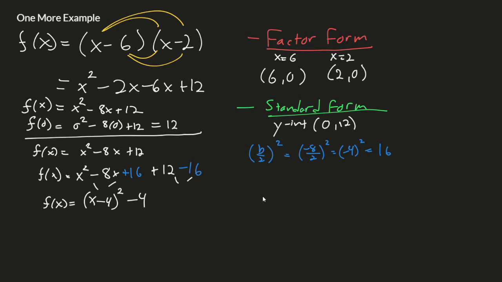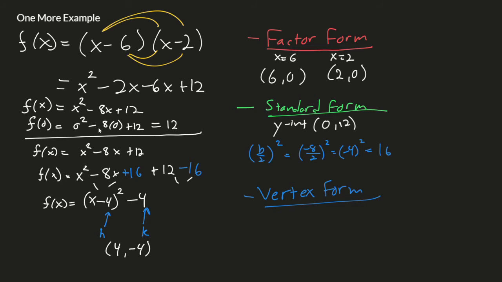So by completing the square, I get my vertex form. And again, the reason we call it the vertex form is because we can easily identify what the vertex is. In this case, the vertex is made up of two components, the h and the k component, (h, k). And watching our negative on the h portion, I can identify my vertex is (4, -4). And that's how we can represent from factored form to standard form to vertex form, the three major forms of